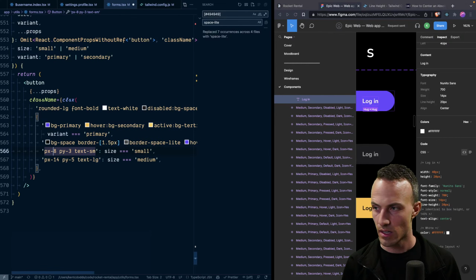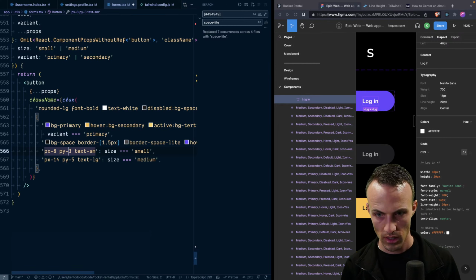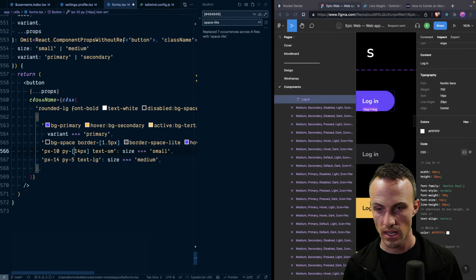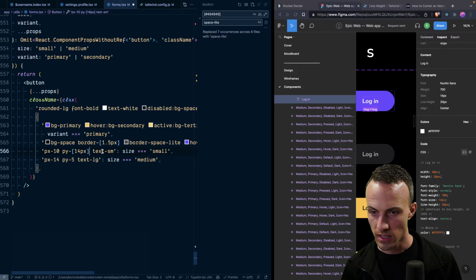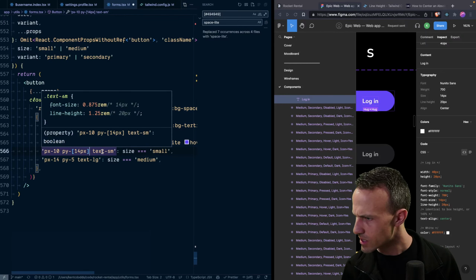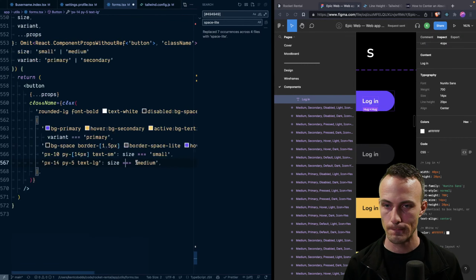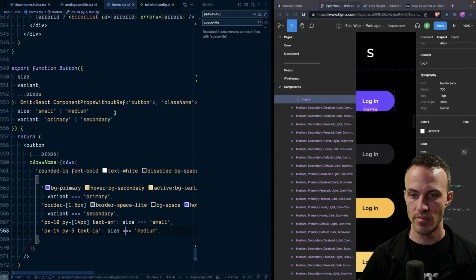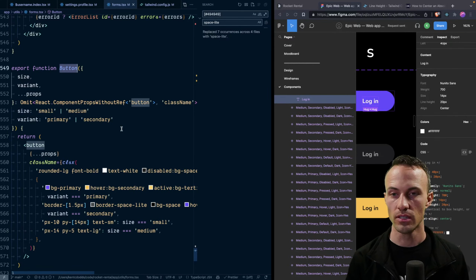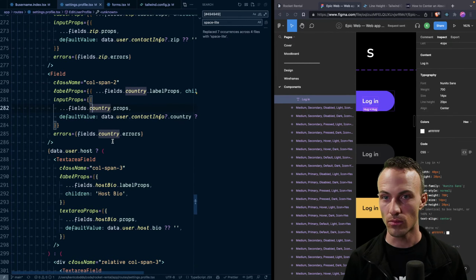So 14 is not a thing. So py needs to be probably 12 or 16. And it's like smack dab in there, isn't it? 14. And 40, that puts that at 10. And the text size, I think that is correct. 14, yeah. Okay, cool. So now that I've got myself a good old button component,